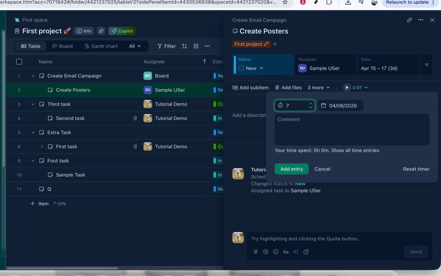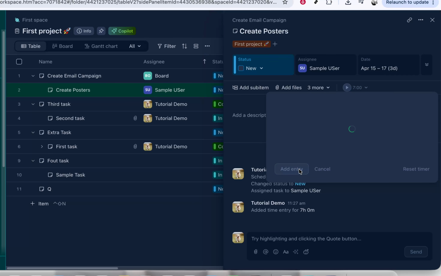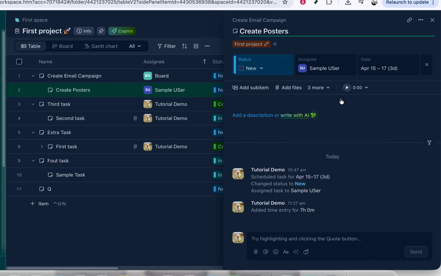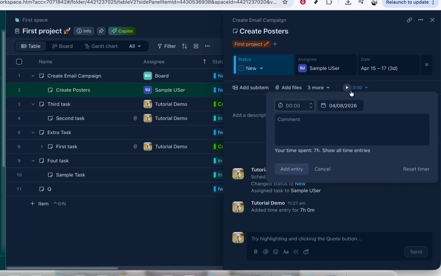In the time field that appears, enter the amount of time you spent on the task. Depending on your workspace settings, you can usually enter this in hours and minutes, such as 1:30 for 1 hour and 30 minutes. Try to be as accurate as possible. It often helps to log your time right after you finish working, so you don't forget or underestimate what you've done. If your team has specific guidelines on rounding, like rounding to the nearest 15 minutes, make sure to follow